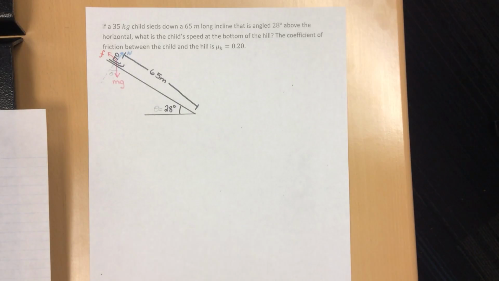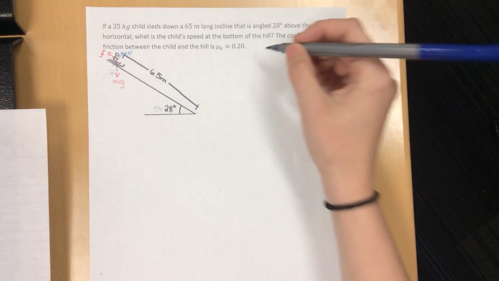Right, so now we are working on example number 8 for lesson 10. We're looking at a child sledding down an incline, and we want to know what is the speed of that child at the bottom of our incline. When we're looking here, we have more than one force present. So if we're looking at the forces here,